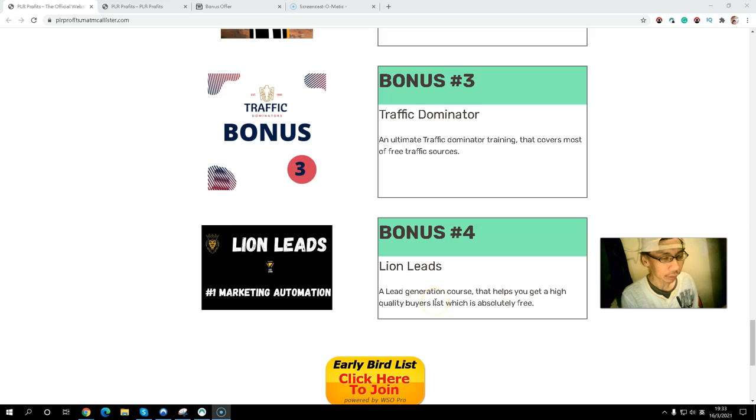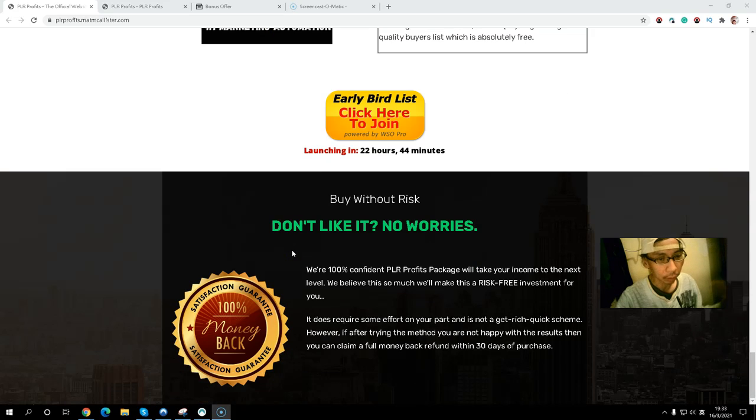A buyer list is much more valuable. If you build a list by giving away something for free, it is worth less, but a buyer list, because they are buyers, is much more valuable for increasing your sales conversion than a freebie email list. You also get 100% commission and a 100% money back guarantee, with a 30-day money back guarantee.